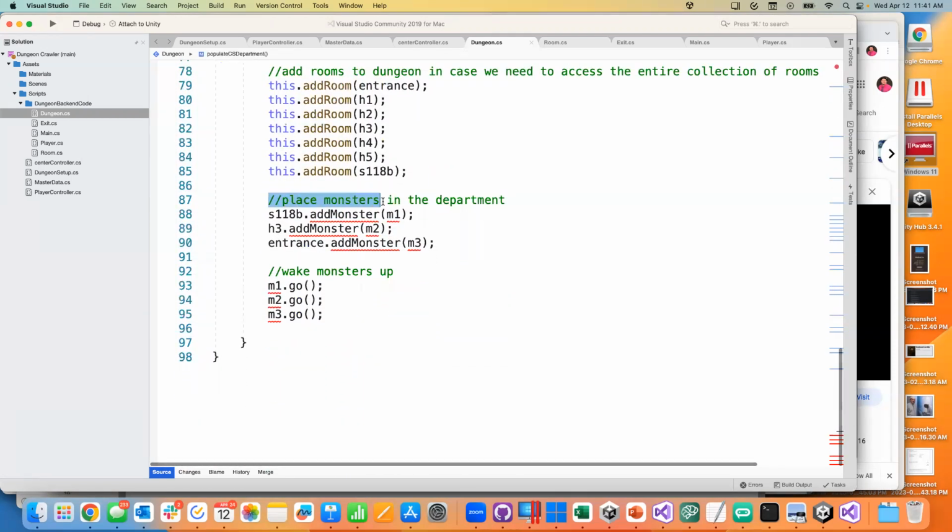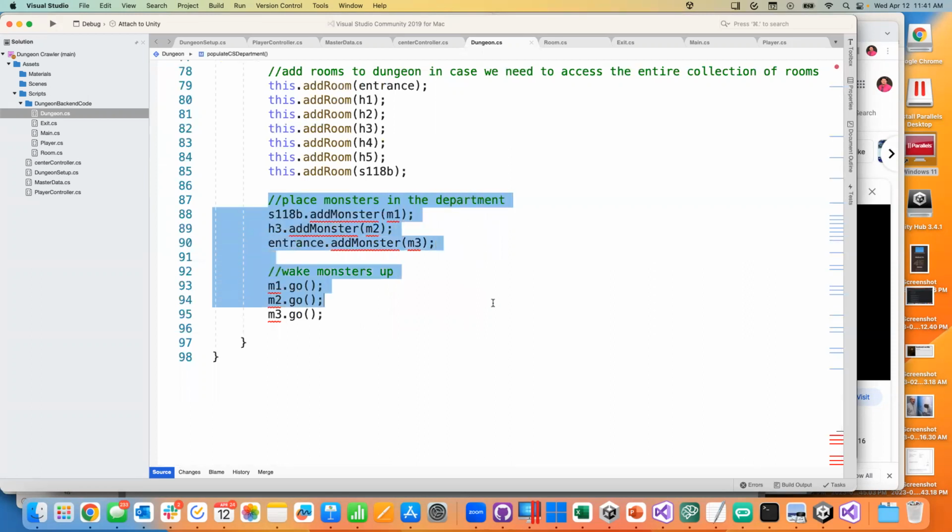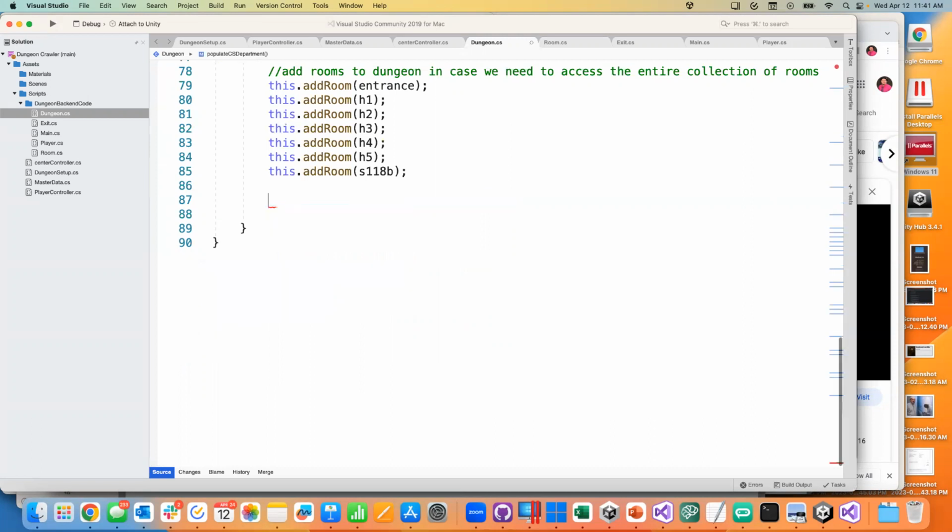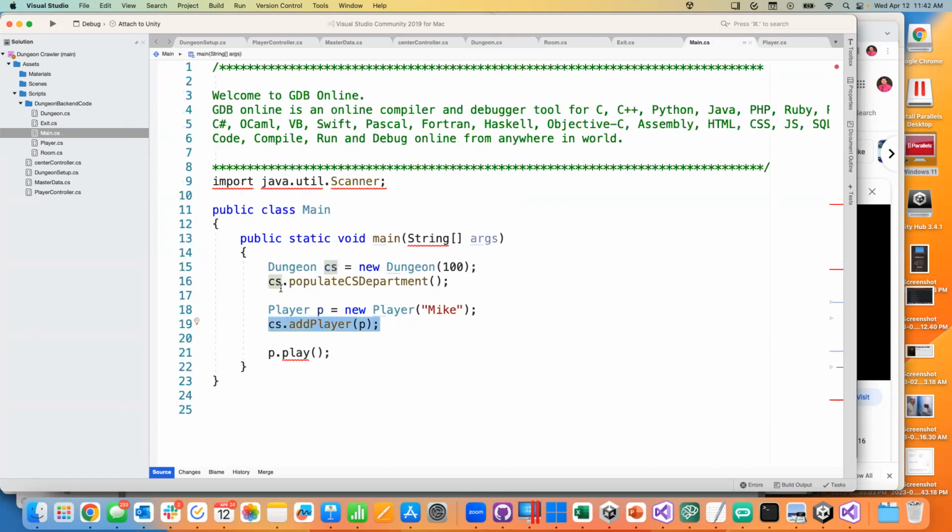Okay, here's where I was placing monsters. We no longer have monsters. We also no longer have threads to control our monsters. So we're just going to dump all that. All right, so we have a dungeon, an exit. All right, so for right now, I'm going to take those 4 lines. And what we're going to do is we are going to put those lines inside of